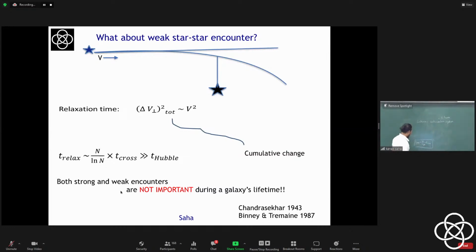We will not get into it, but it's very essential if you want to understand more and more about galaxy physics. Then you need to actually go through it, but for some it may be a little higher than what you have studied. So this is called the collisionless Boltzmann equation, which says that